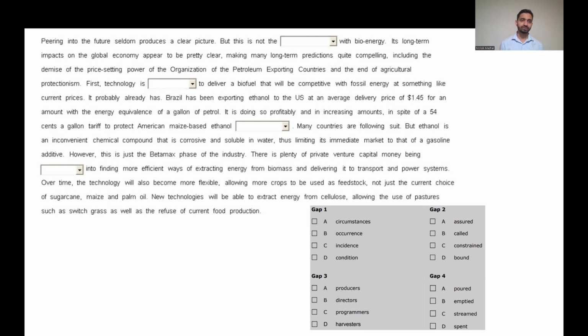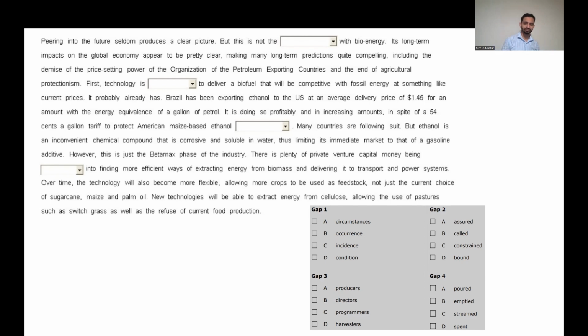It probably already has. Brazil has been exporting ethanol to the US at an average delivery price of $1.40 for an amount with the energy equivalence of a gallon of petrol. It is doing so profitably and in increasing amounts in spite of a 54 cents a gallon tariff to protect American maize-based ethanol